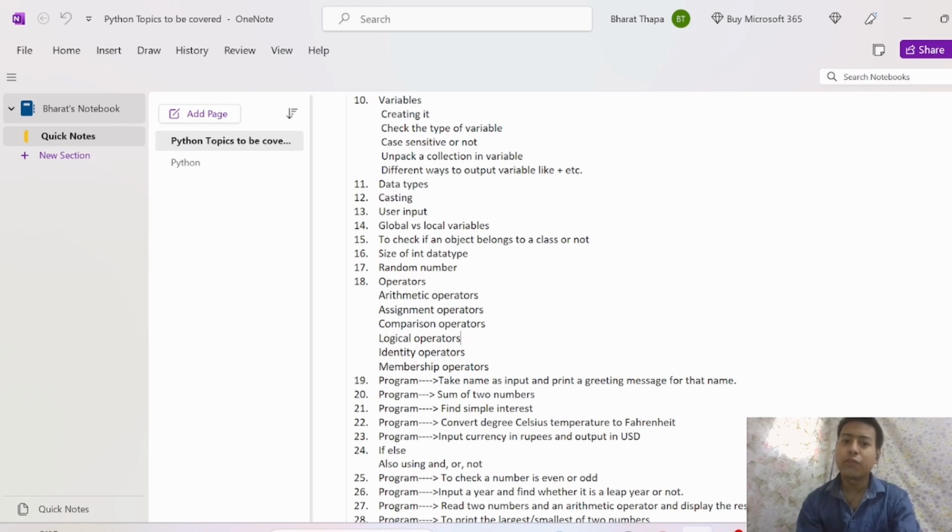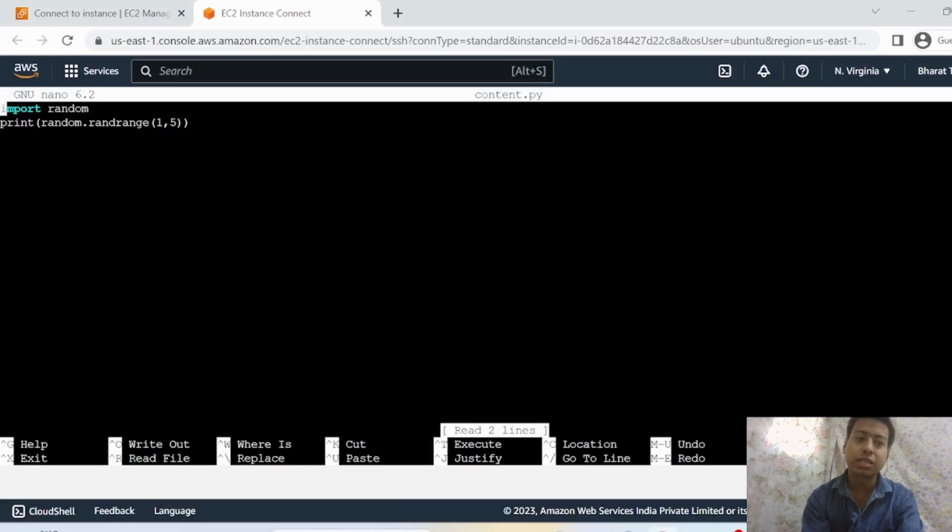So in the last video, we have seen up till this size of int data type, right? Now we will be seeing random numbers. How to generate random numbers in Python? We can import the random module and we can print that random number using